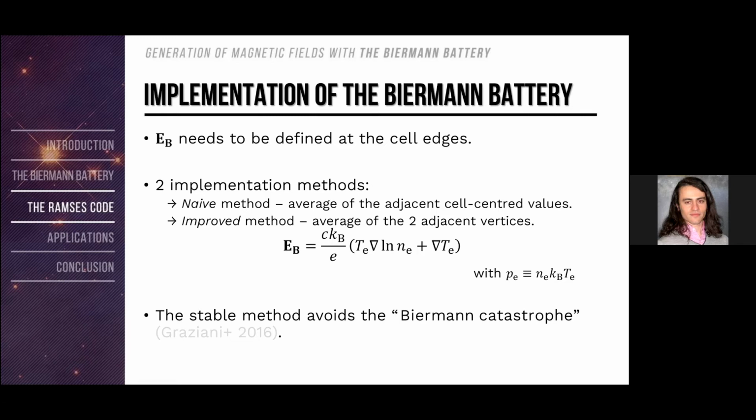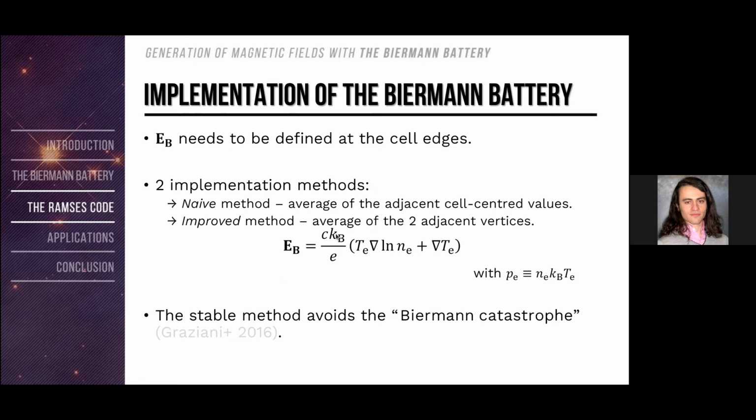This formulation of the improved method has the quality of ensuring that the generated Biermann field in an isothermal case is null at machine precision, because the electric field is then the gradient of a scalar, which is numerically zero. So that's why, thanks to the Stokes theorem, in a sense, we preserve a structuring property of the system at the discrete level.